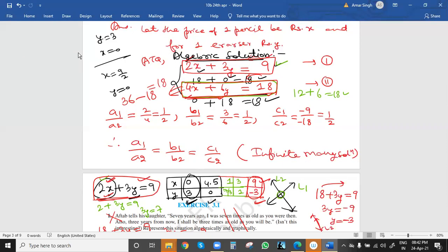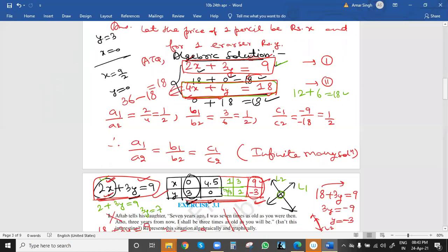See, all these values are solution points. We can take any 2 points to draw the graph. Just as I have shown, we have taken 4 or 5 values of x and y from equation 1, and they are common to equation 2 also. Means all the points, if you put them in equation 2, satisfy it, meaning left hand side equal to right hand side.